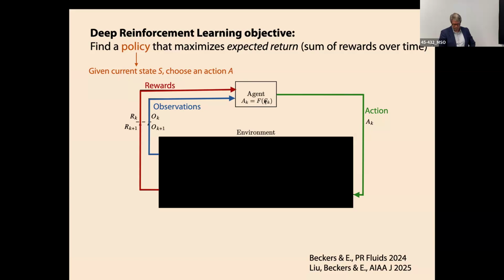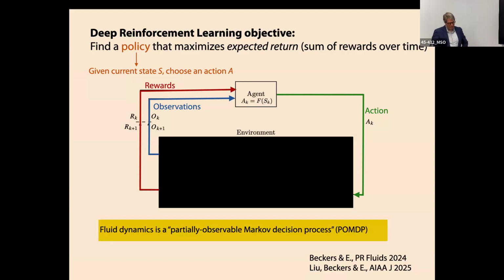Okay, so one of the underlying problems is that we actually don't have the full state in fluid dynamics. Fluid dynamics is well known to be partially observable, right? So we just have sensors. The sensors are just telling us some partial information about the flow field, but not the full flow state. And it's not clear how much of the full flow state. The full flow state is the entire velocity field and pressure field, right? That's a lot of information. Maybe I don't need to know all that stuff to make good decisions, right? So there's an underlying question like, how much do I need?